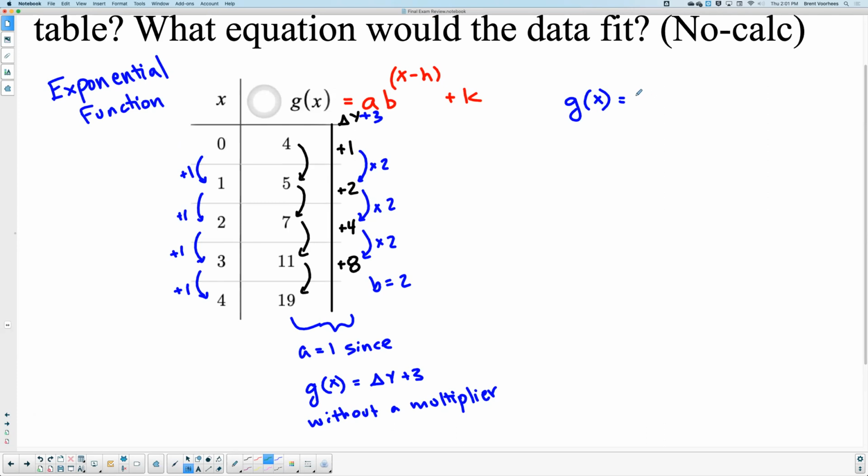What's our base? 2 to the power x minus h plus, which is 3. Okay, last thing. Let's plug in a point to see what h is. If you start plugging in points,